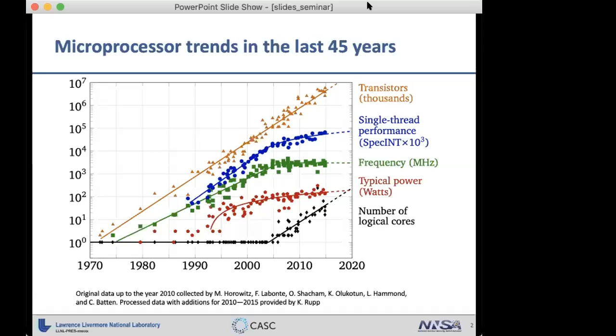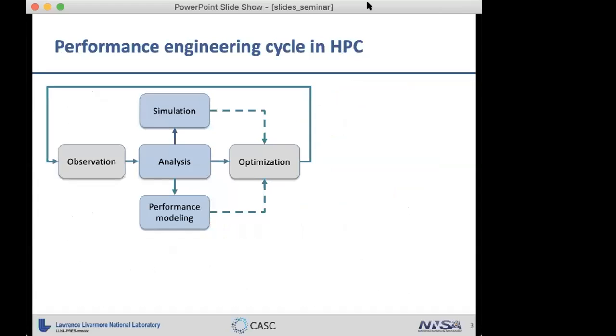So this work was started, I started it in 2013 through 2015, and there were also some additions in 2017. So the cycle of performance engineering